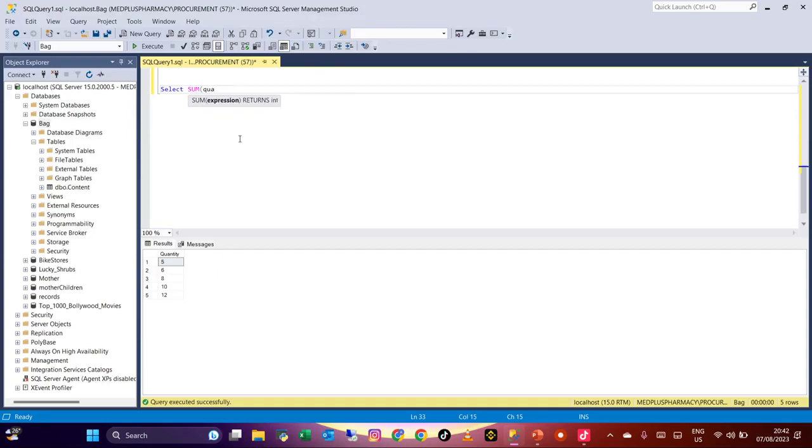So we are summing the quantity column now. Why is it not working? We're selecting it from content. Let's execute it. Can you see? So the sum, we can even name